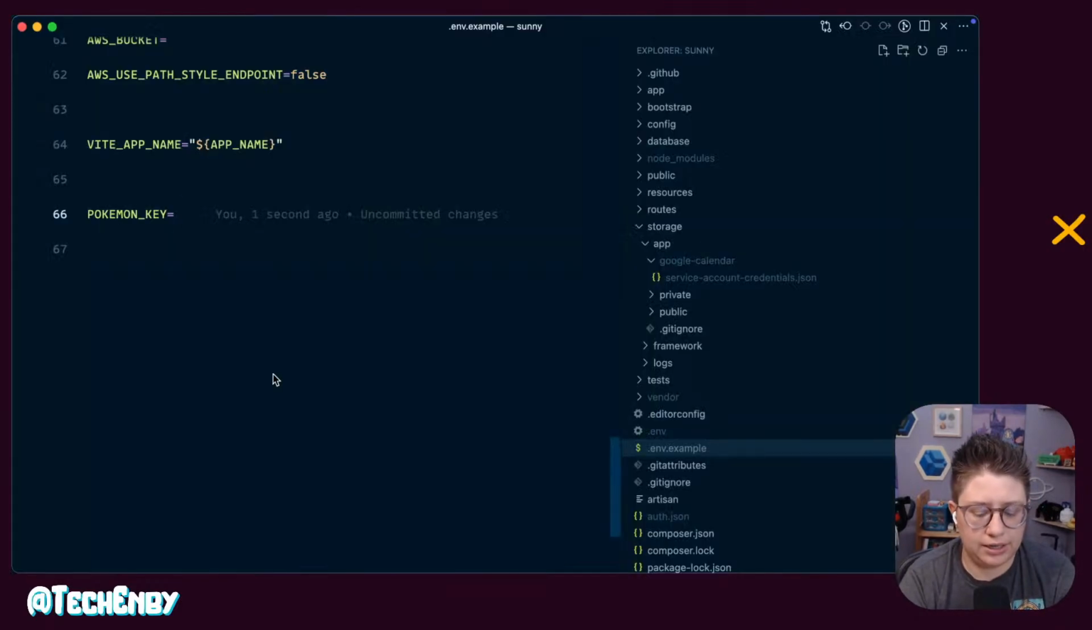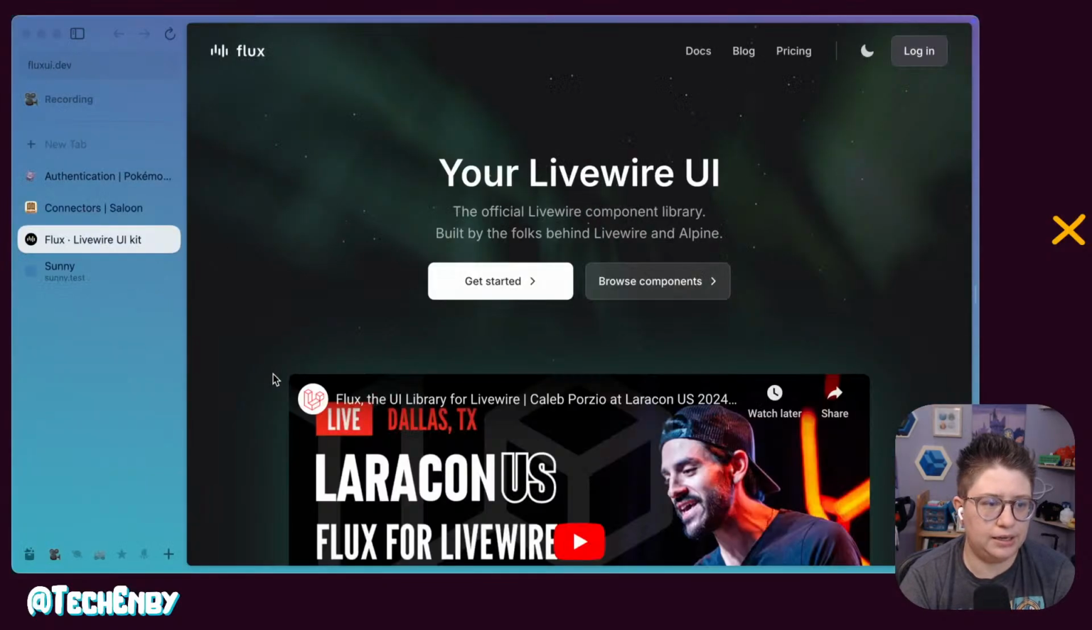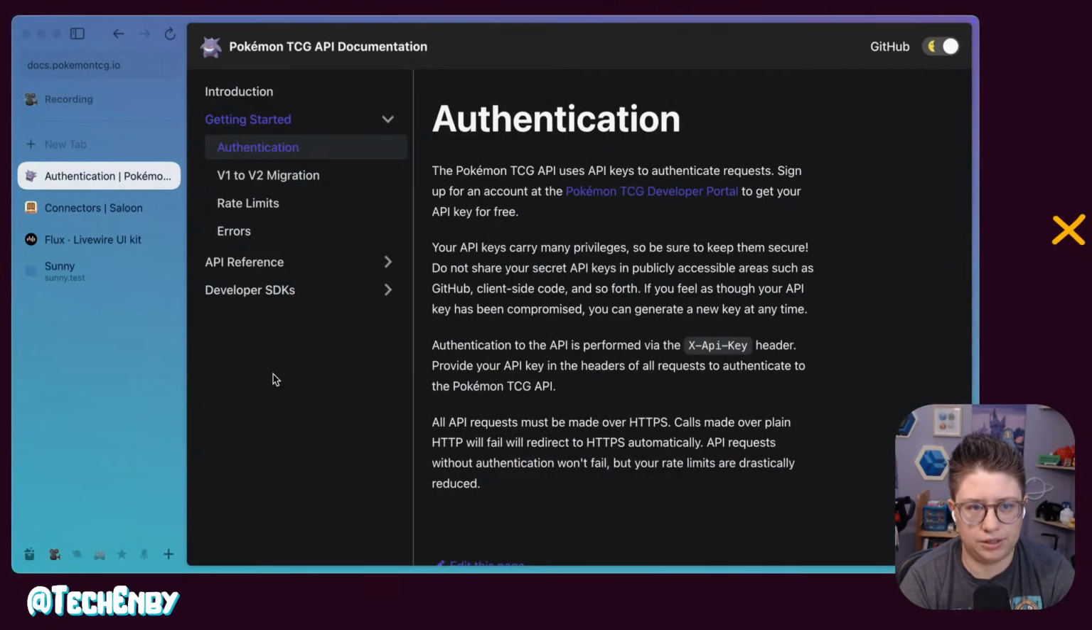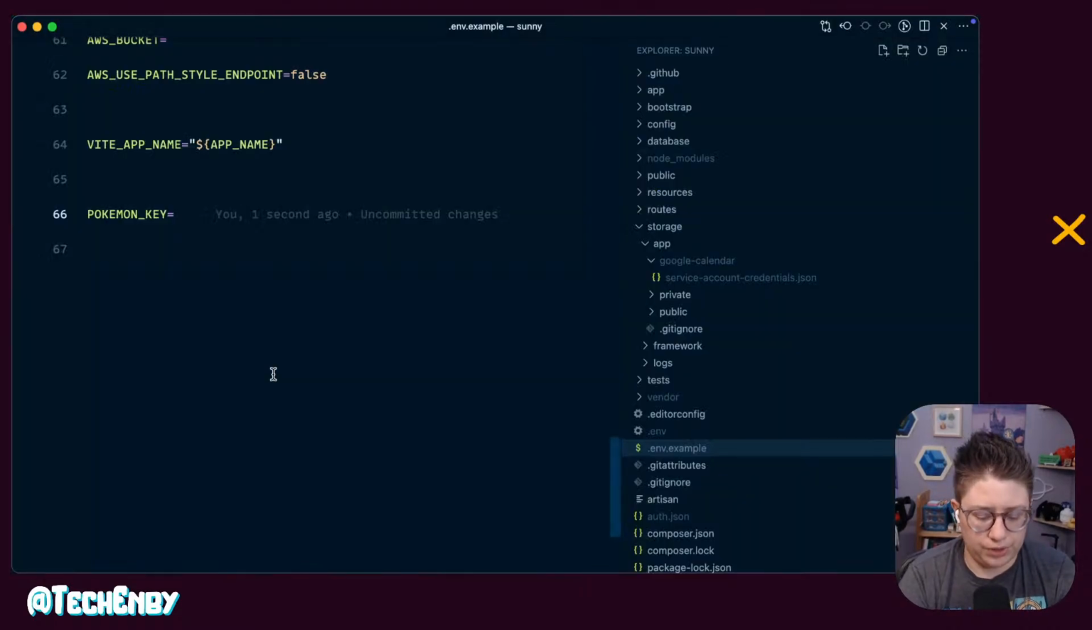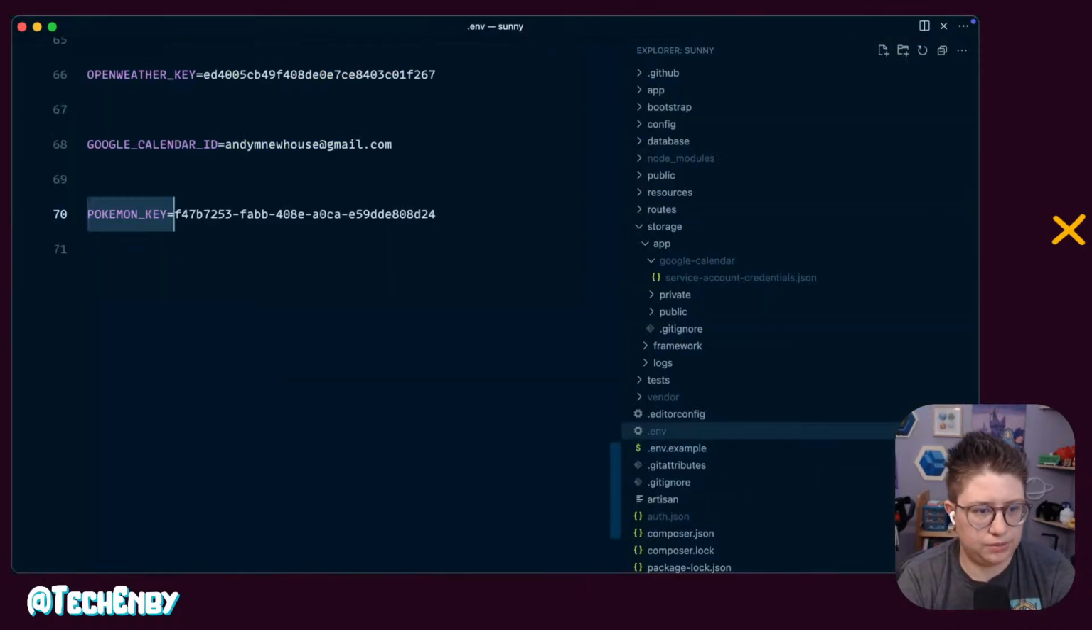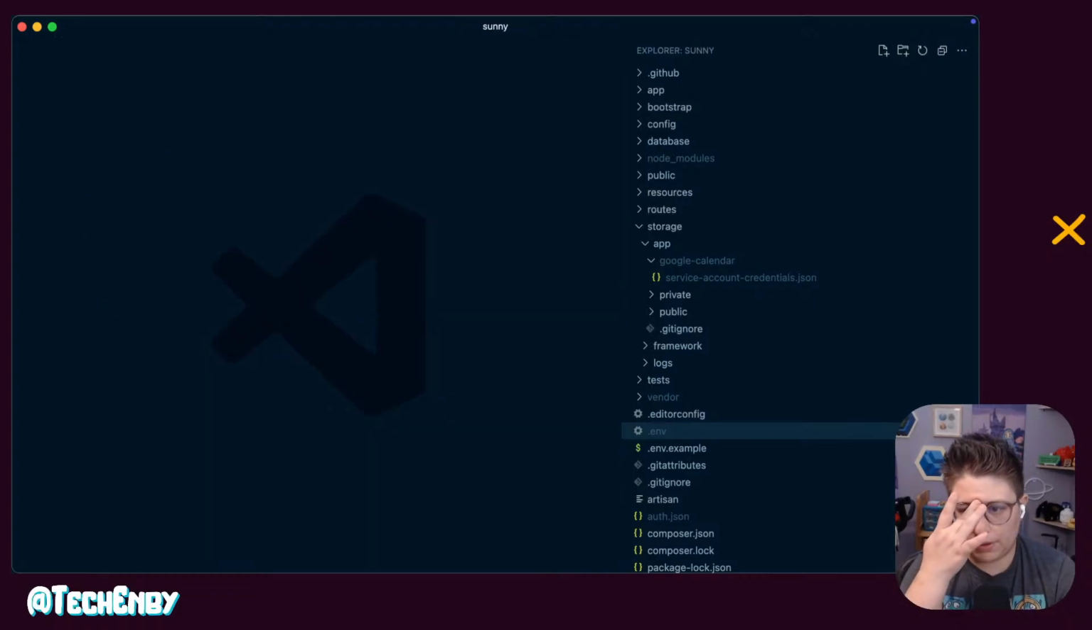So I already found a Pokemon trading card game API. And let's start by implementing what we need from this API into the app. I already connected the API key. So now what we need to do